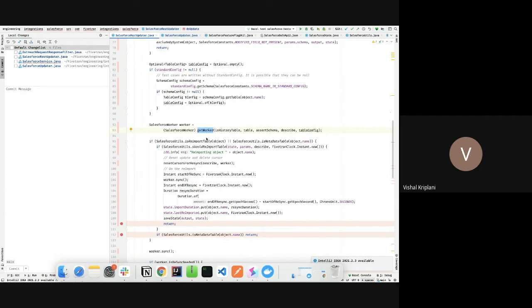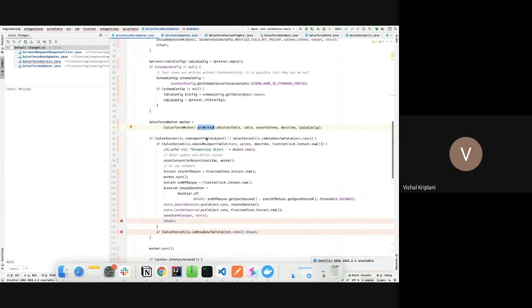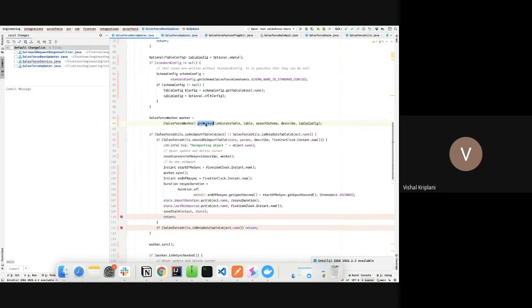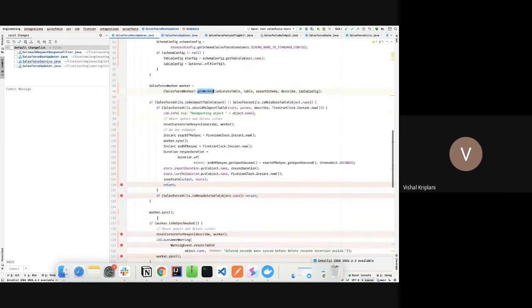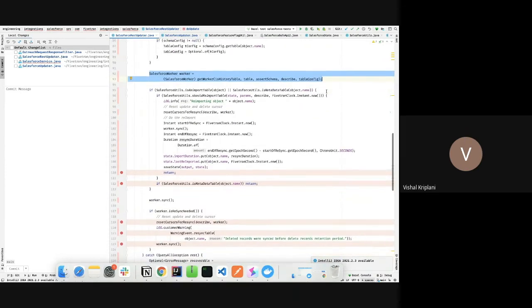How to sync is all abstracted inside this worker, and you just have to call worker.sync and it will take care of it. So for every object, if there are 50 objects, there will be 50 workers for them. So that is one thing to consider.